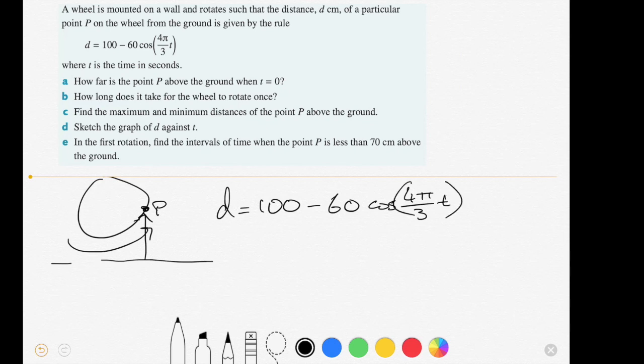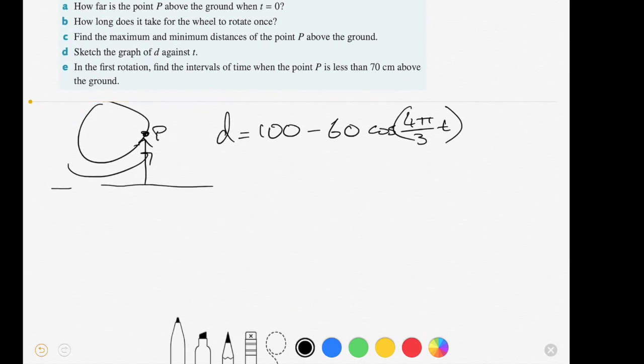Now, I said in my previous video that I like to straight away think about the period. I also quickly read through the questions and I noticed that question B does ask for the period. So I'm actually going to jump straight to question B. You could also do question A first and just follow through, but I like to think about the period. So how long does it take for the wheel to rotate once is essentially asking for the period, and we know that our period is equal to 2 pi on n, where n is equal to 4 pi on 3,